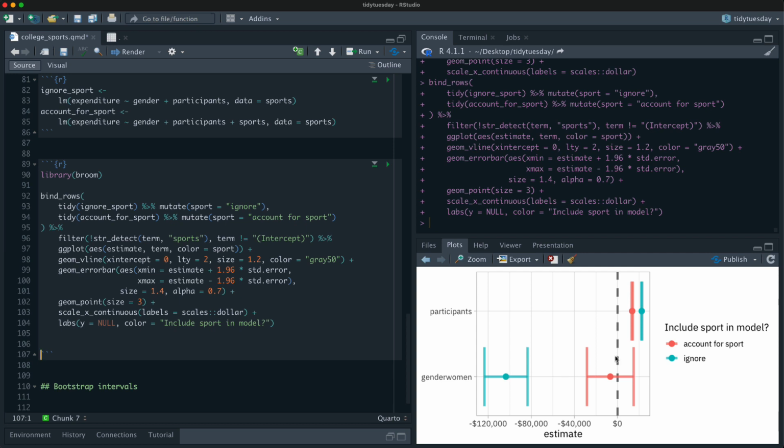But if we account for sport, so what this question is asking, then what's here in the blue is saying, do colleges have the same expenditures for women's and men's sports per team, overall.